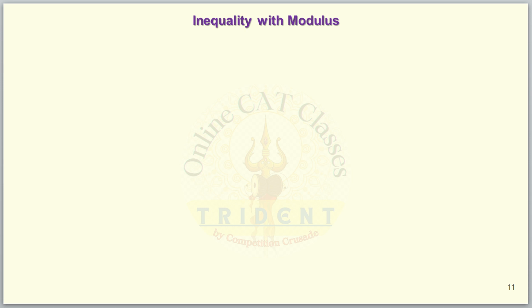Now let's go to the next property of inequalities, which is inequations with modulus. We all know what modulus is. Modulus is the absolute value of any number. So mod of x is equal to minus x for x less than 0 and x for x greater than or equal to 0. Some of the students find this a little difficult,